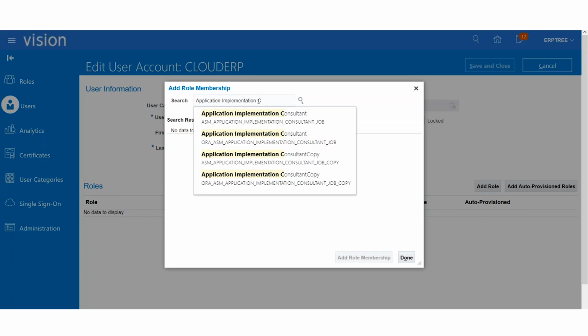As a consultant, do you get access to the system administrator responsibility? Yes, you'll get access. Otherwise, how can you do the implementation? I'll give the super user, the functional implementation responsibility. How do you set profile options?